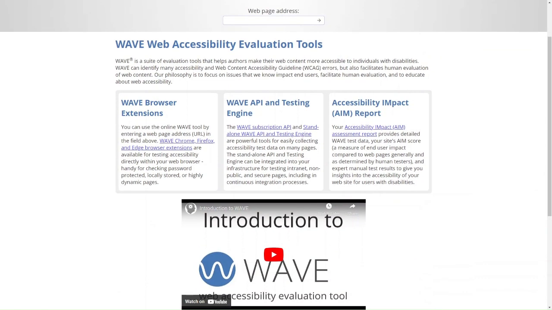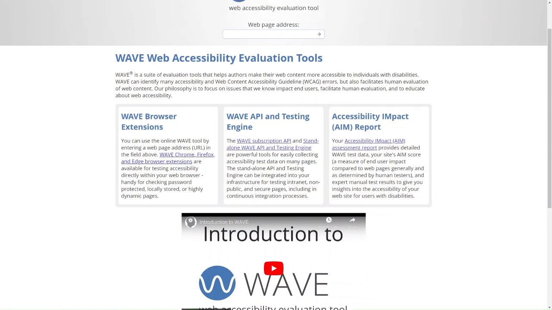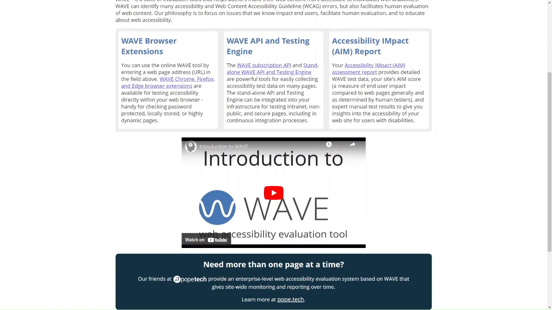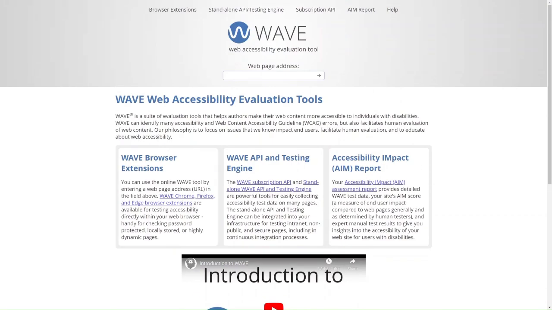They also have browser extensions, which you can see here. They have browser extensions for Chrome, Firefox, and Edge, and they're all available for testing accessibility directly within your browser, making it easy to test any web page that you visit. In addition to browser extensions, WAVE also offers an online testing tool, and all you need to do is just enter the URL up here, and then from there